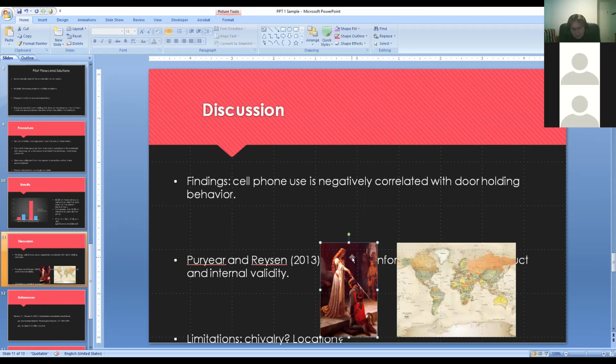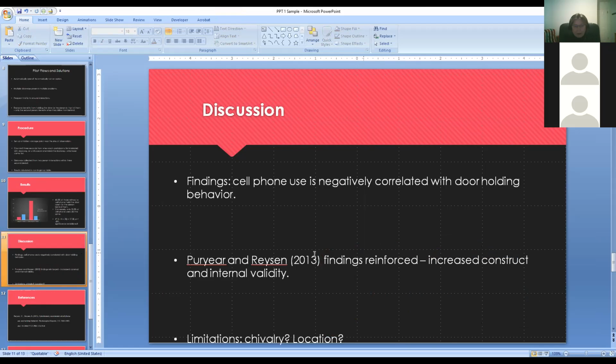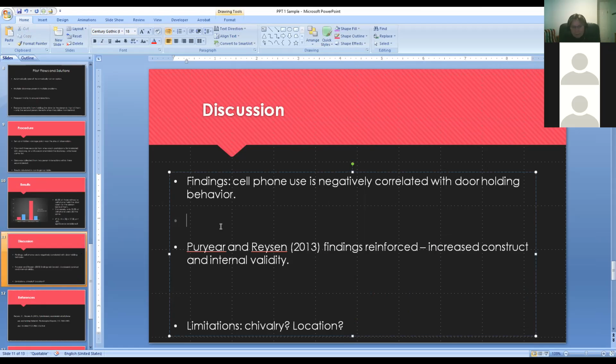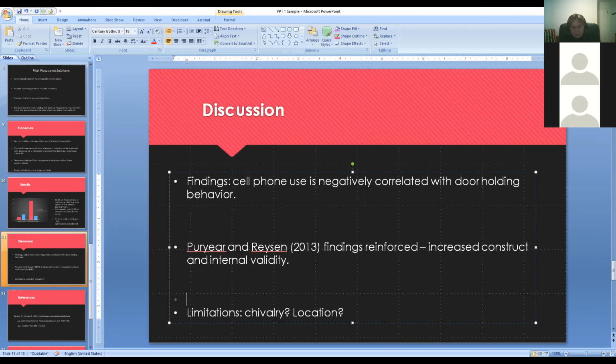Again, I'm going to delete all of these things because I won't save that. So you can see. And now, obviously, they talk about it. They only have 3 points on the slide because most of the presentation happens orally. That is, they are talking about chivalry and stuff like that, and perhaps limitations because they didn't look at gender. For example, if you are a man, you're more likely to hold the door perhaps than if you're a woman, things like that.